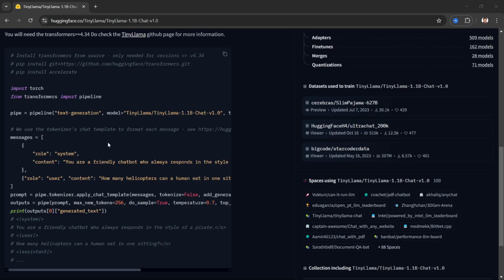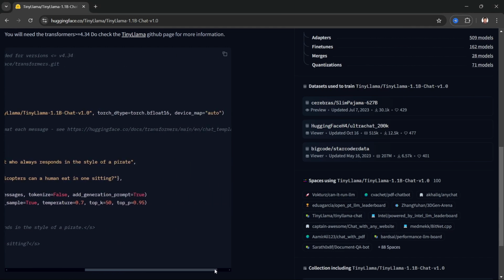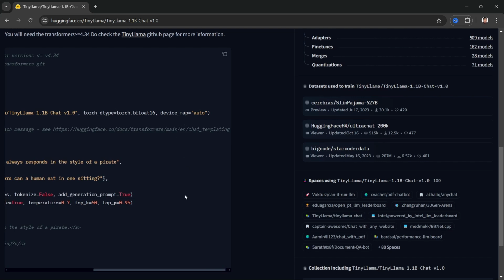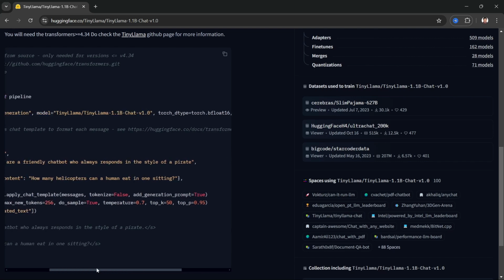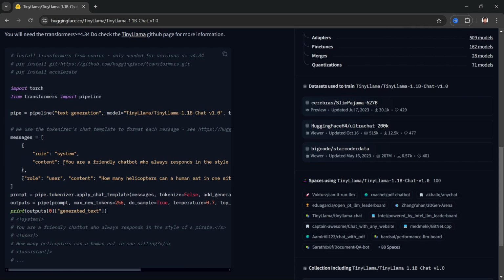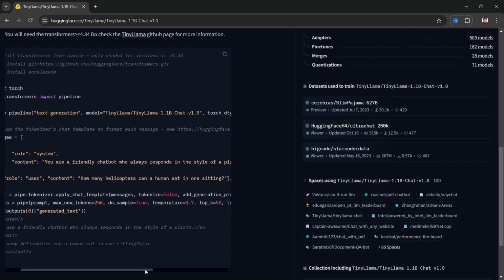While pulling the model, let's quickly take a look at this program. We are taking pipeline from transformers, and also importing torch. In the pipeline, the model we are pulling is TinyLlama 1.1B Chat v1.0, with torch dtype and device map set to auto. And the message role is system: your friendly chatbot always responds in the style of a pirate,